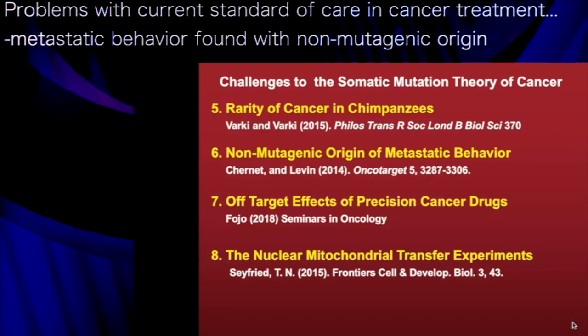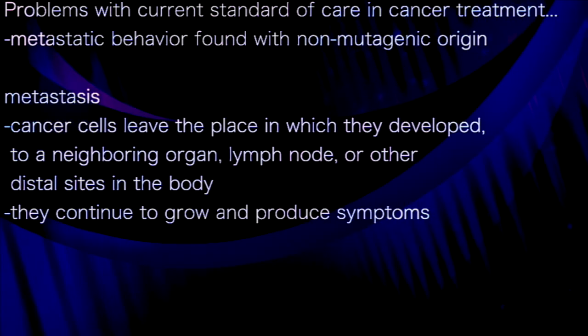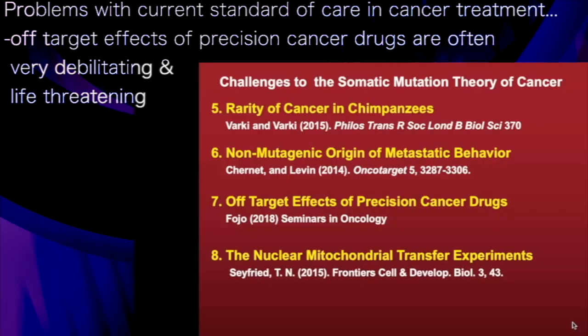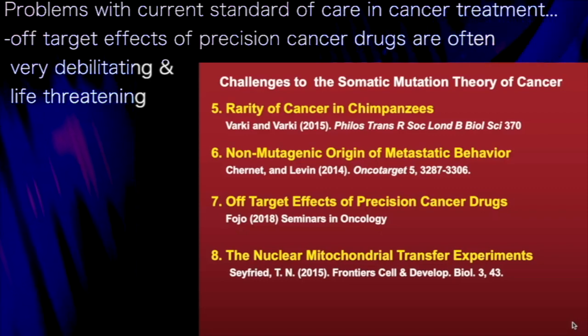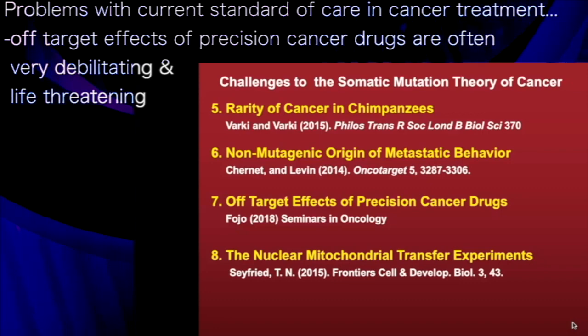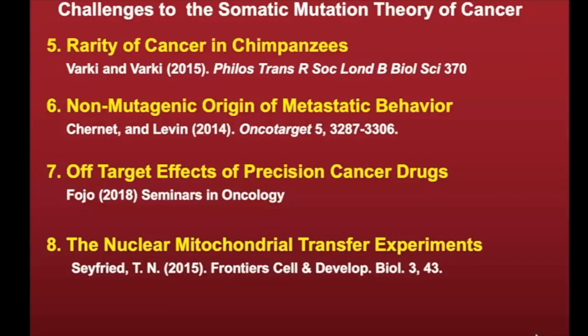There's a non-mutagenic origin of metastatic cancer, metastatic behavior not being linked to any mutagenic origin. There are off-target effects of these so-called cancer precision drugs that are made to precisely target specific genes that are involved, yet the off-target effects are quite debilitating and life-threatening. This should not happen if these drugs are precise. Finally, the nuclear transfer, mitochondrial transfer experiments provide the strongest evidence to argue against the origin of cancer as a